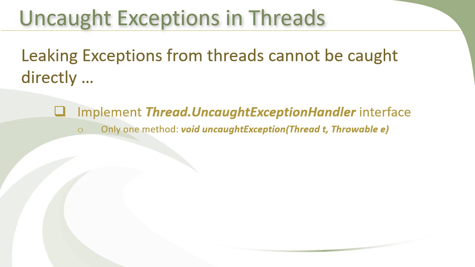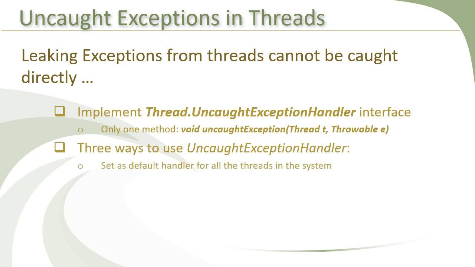The answer is there are 2 techniques to make the JVM aware of our handler. You can either use any one technique in your application, or you can use both the techniques in combination too. This gives us 3 techniques to handle the exceptions. In this lesson, we will discuss the first one. The first technique entails setting an instance of UncaughtExceptionHandler as the default handler for all the uncaught exceptions in all the threads across the application.